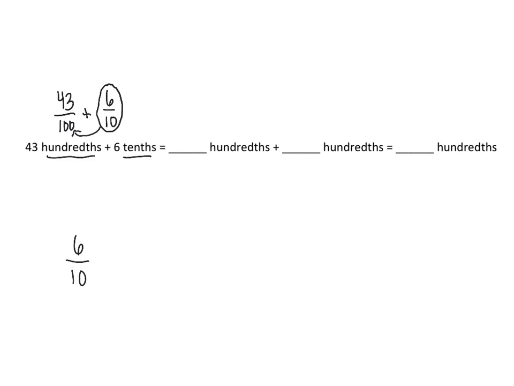And what do we have to do to the top and the bottom to get it to be in hundredths? Well, we're going to multiply the top and the bottom by 10. Whatever I do to the bottom, I've got to do to the top. And it becomes 60 hundredths. So in our first spot, we have 43 hundredths. That hasn't changed. Plus, how much did we just change it into by using that standard algorithm? We got 60 hundredths, which gives us